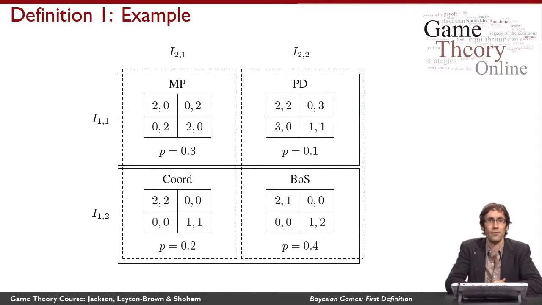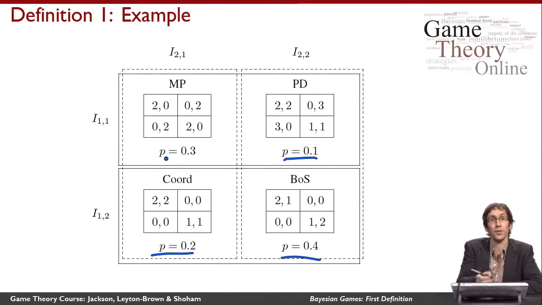And I'll leave for a future video how we reason about these games, but what we've learned here is how to define a Bayesian game by writing it as a common probability distribution over multiple different normal form games, all of which share the same number of players and the same action sets.